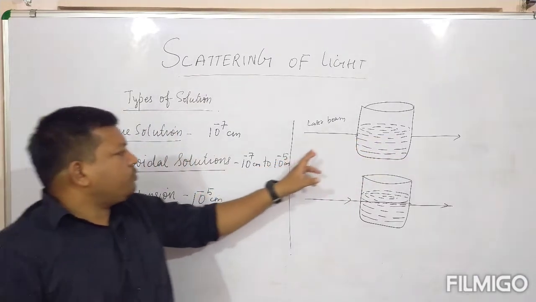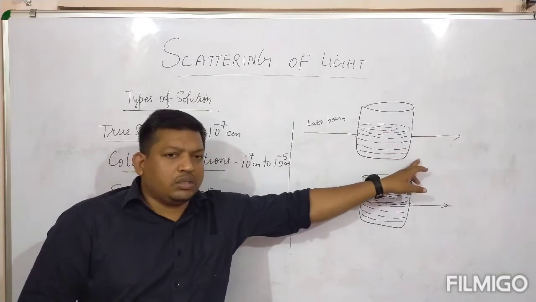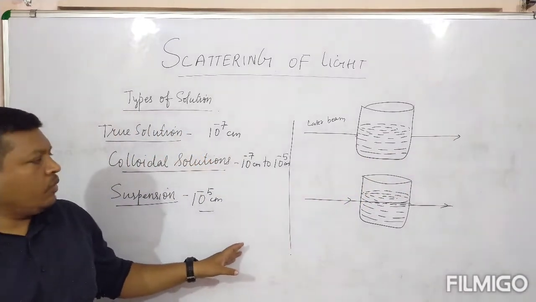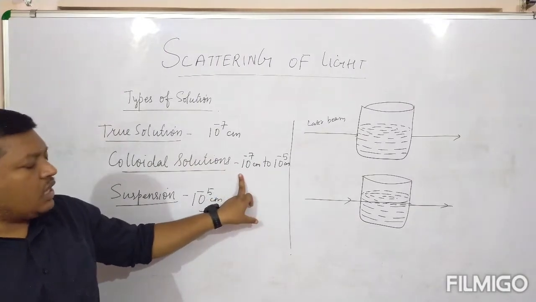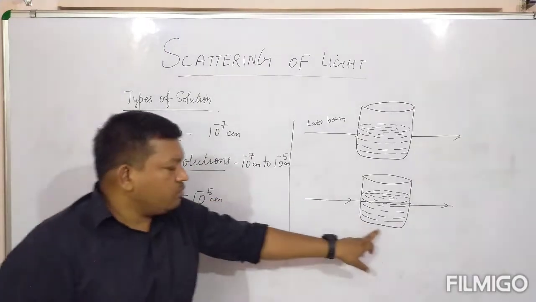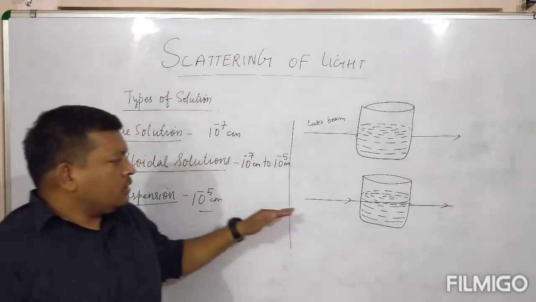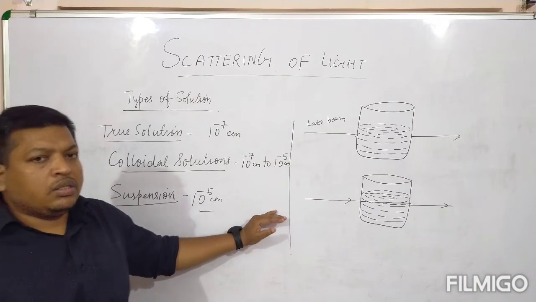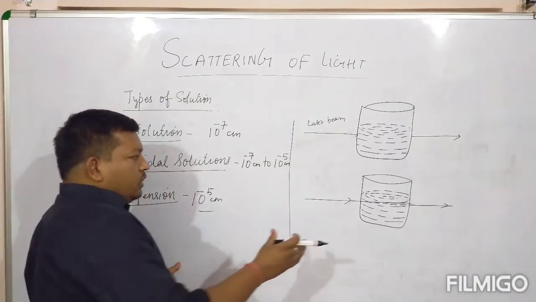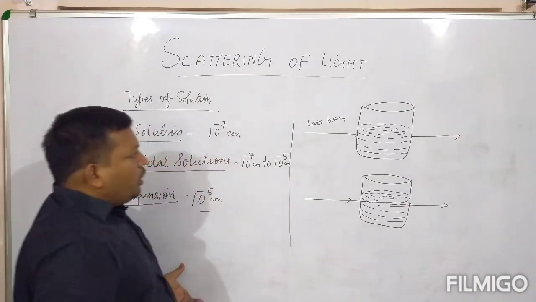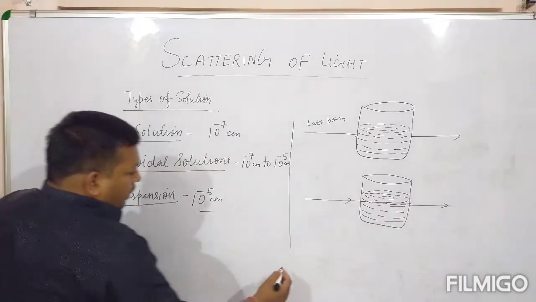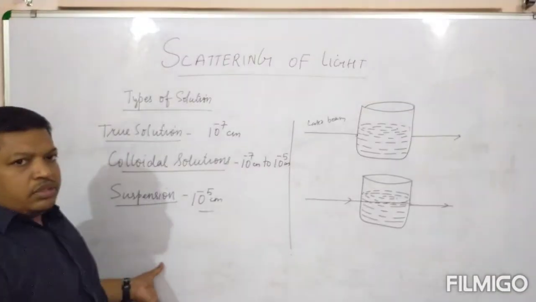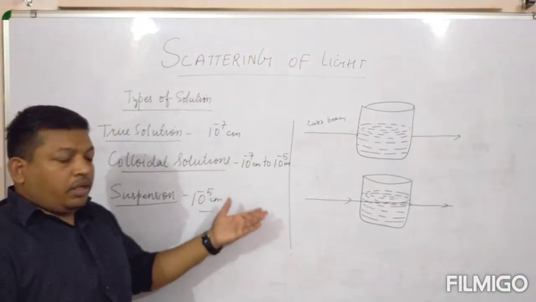So when a light beam is passed through water, it is not visible. But wherever particle size is larger, the light beam is visible. It means something is there which is obstructing the path of the light. So when light falls on particles larger than 10 to the power minus 7 centimeter, again I am repeating,